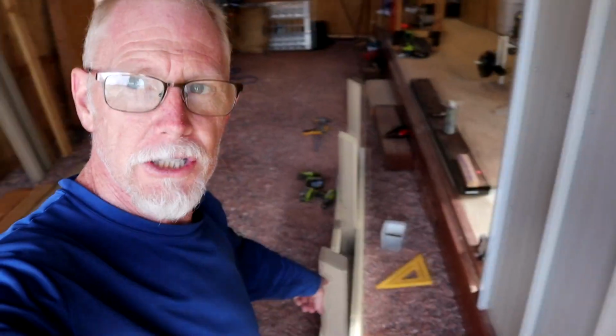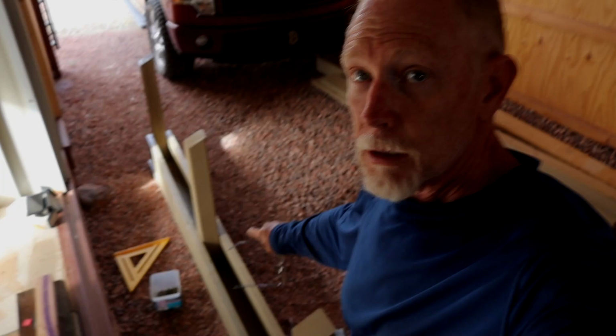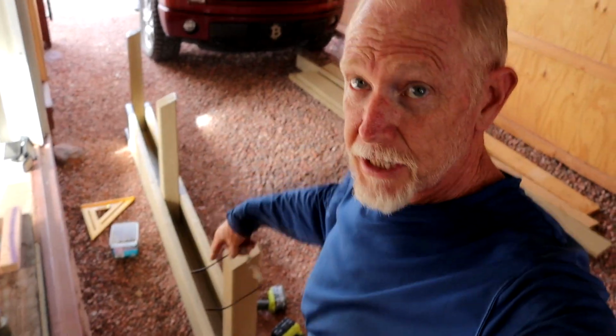But I decided to go ahead and start assembling the solar racks. I'm starting to assemble the uprights and put together some of the sections of my solar rack. I'm going to do one more for the tall side. This is the short side. I'm going to do the tall side. And then the rest of the assembly has to be done outside because it'll get too heavy for me to